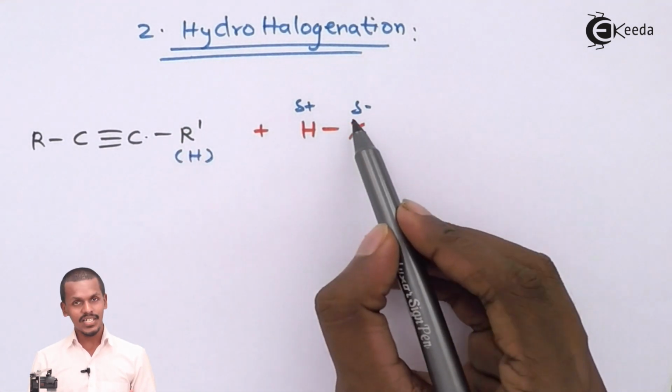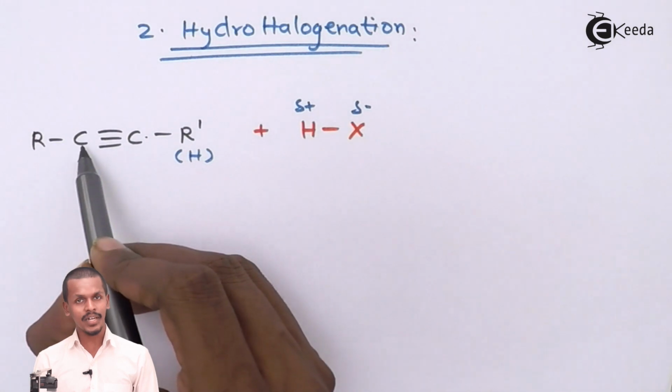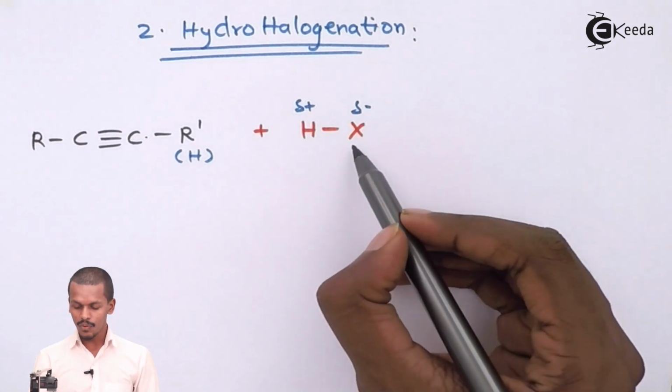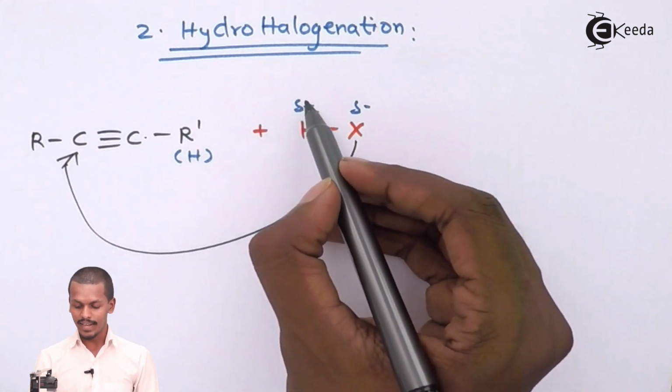So therefore the negative part of the reagent, that is this X minus, will attack that carbon-carbon triple bond carbon which has fewer hydrogen atoms. So this is the carbon atom which has fewer hydrogen atoms, and therefore X will attack this carbon atom, while H will attack this other carbon atom,